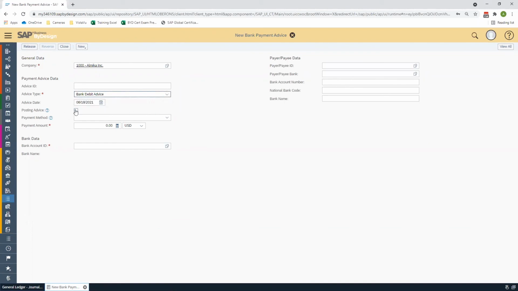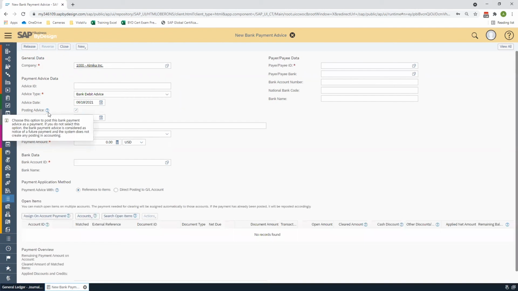And also you have to tick off the posting advice checkbox, because if you don't, this bank payment advice would be just considered as a notice of future payment without any postings made to GL accounts, which we don't want. And choose direct debit for payment method. For the payment in amount,